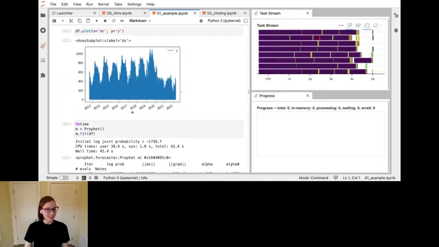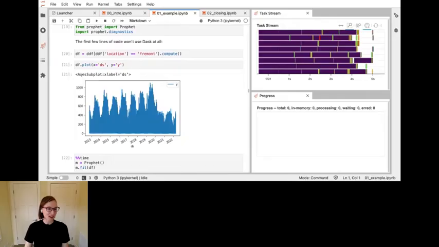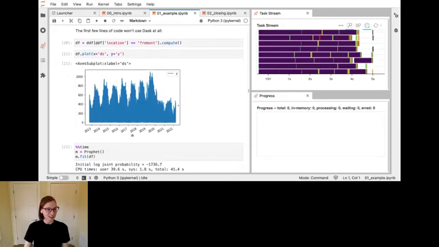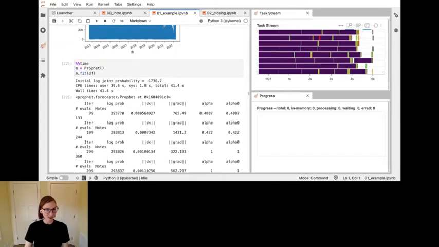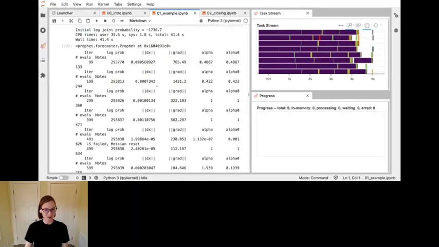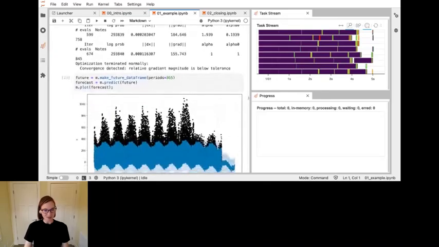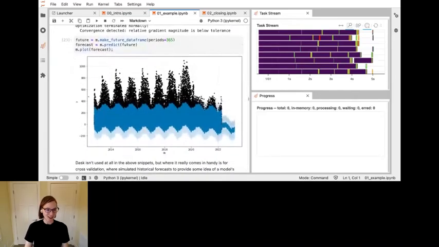But in these cells, Dask isn't being used at all. So it's just matplotlib. You can just fit a generic model. This is just picking one out of the box with Prophet. And then you can use that to make your forecast. You can see here, this maybe is not the best of forecasts, but the part I actually wanted to highlight here